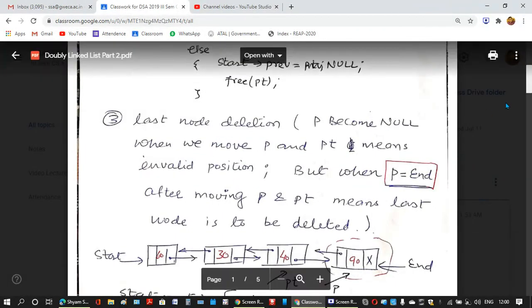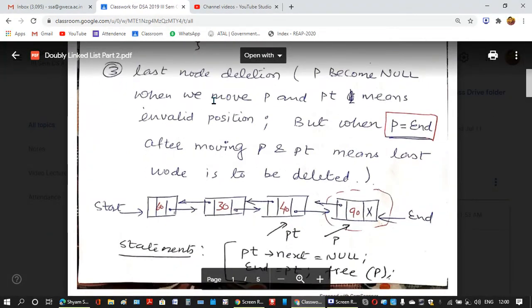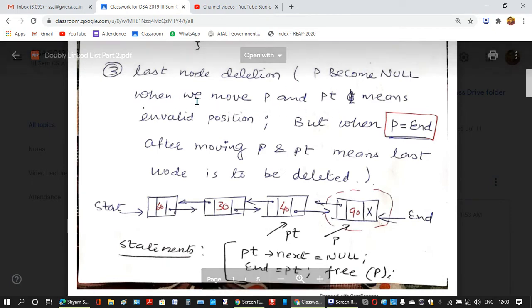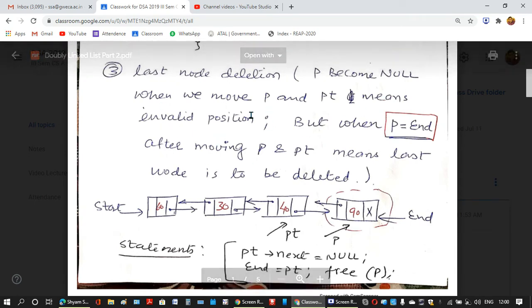Now here we come and see what will happen if different positions are given by the user. P will become null when we move p and pt, which means there is an invalid position. Say the user gives some position pos.